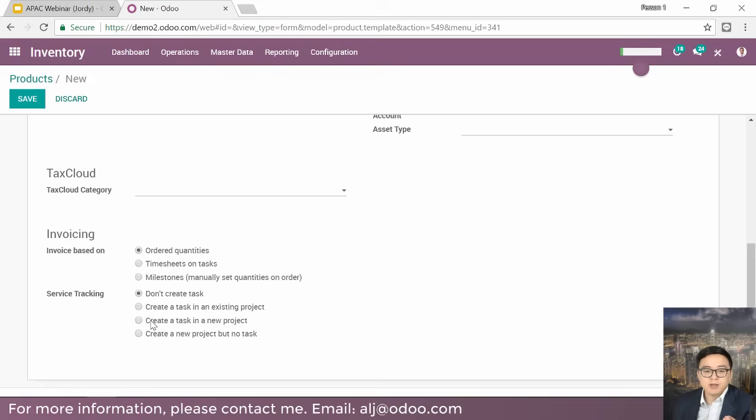Maybe some services are more complicated, like some clients want to build a new IT system in the company, so it is difficult to standardize the tasks inside because different clients might have different requirements. So you want to just create a new project, take a look at the client's requirements, and design those tasks yourself. This time I will choose the option to create a new project and a new task to show you that